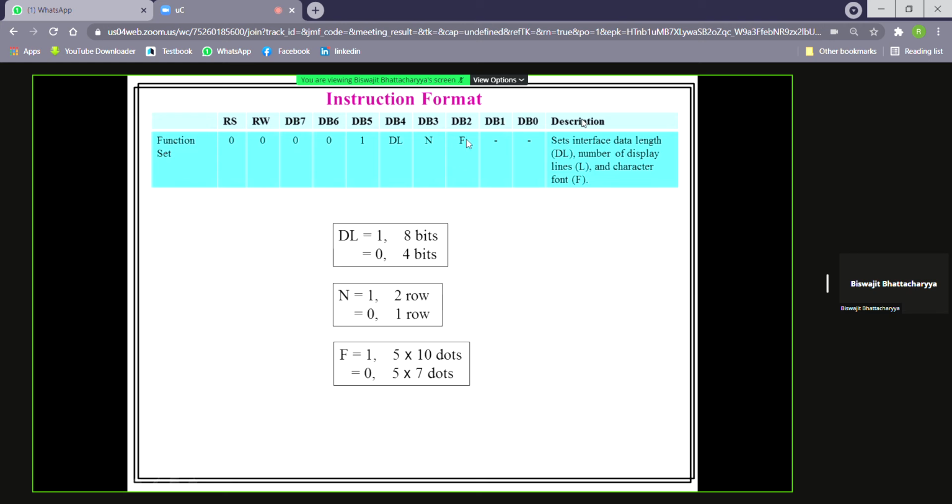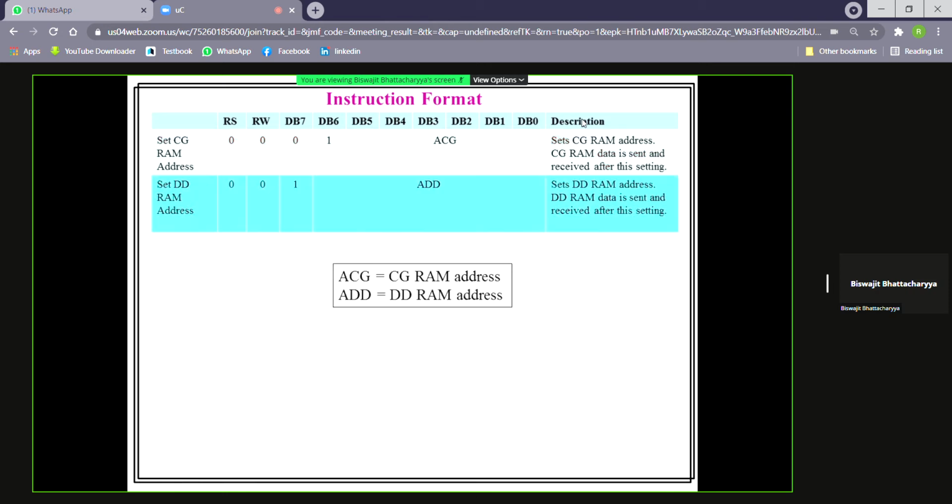Now N equal to 1 means 2 lines will be displayed. And N equal to 0 means only 1 line will be displayed. Similarly, the F bit, when it is 1, the display will be in 5 by 10 dot matrix. 0 means 5 by 7 dot matrix. So similar different controls are there.